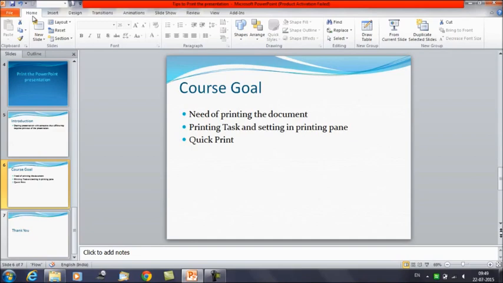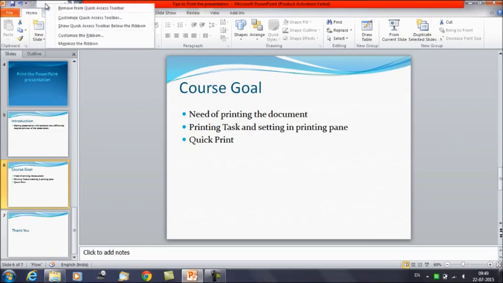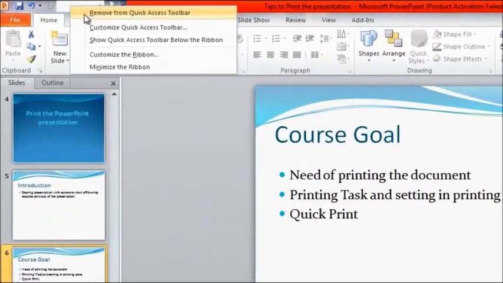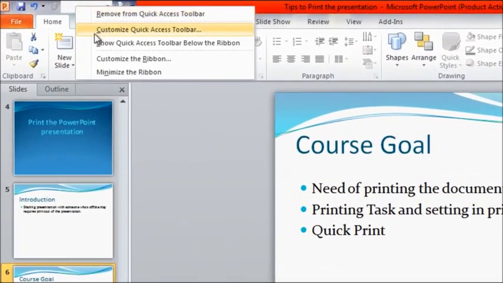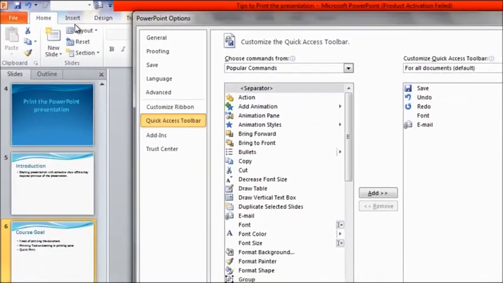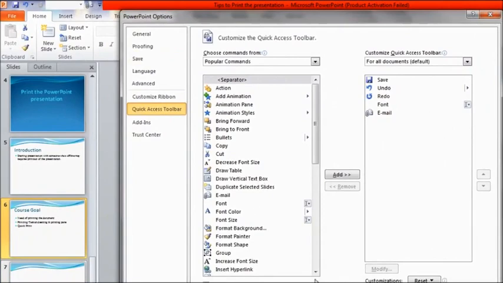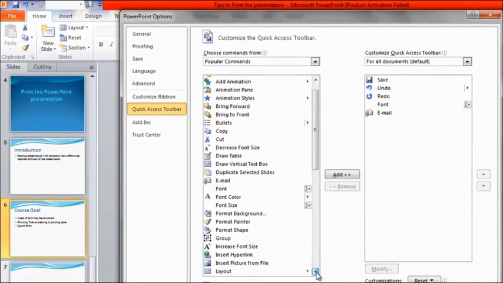And in PowerPoint 2010 you need to add this quick print option to the quick access toolbar if you want to use it. So what you have to do is right click on the quick access toolbar and select the option customize quick access toolbar. Now from the list you need to search for the option quick print.